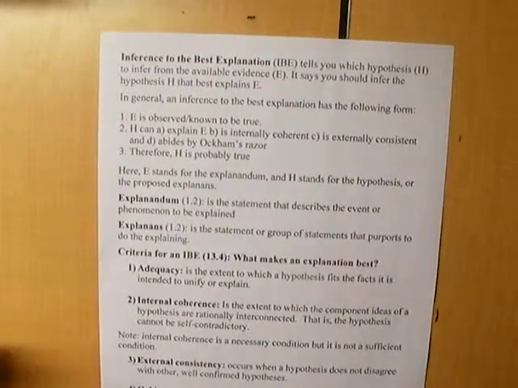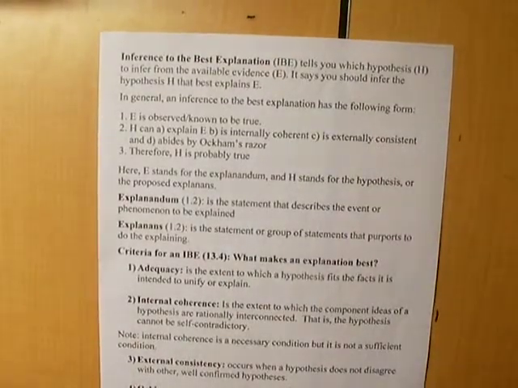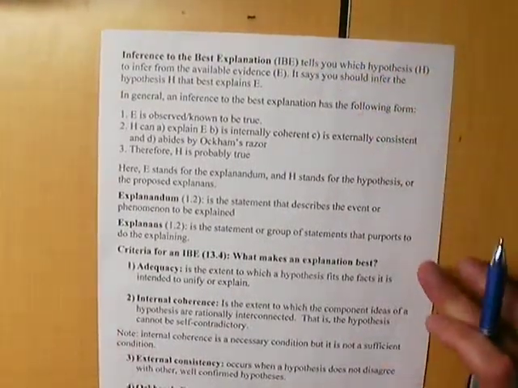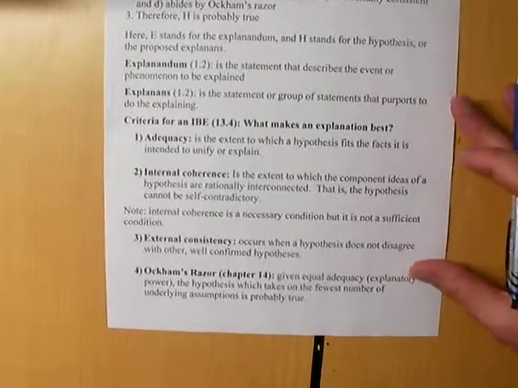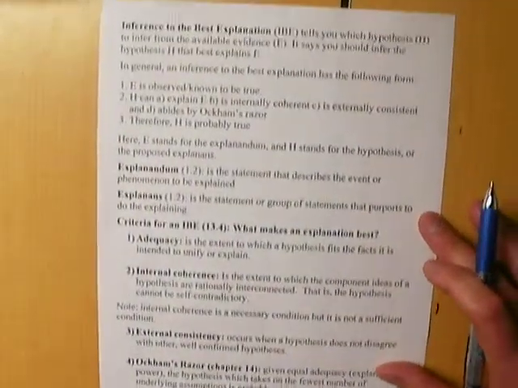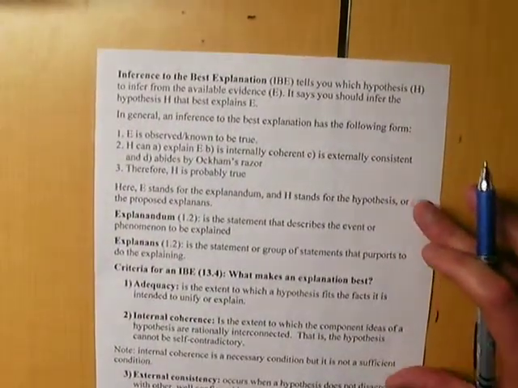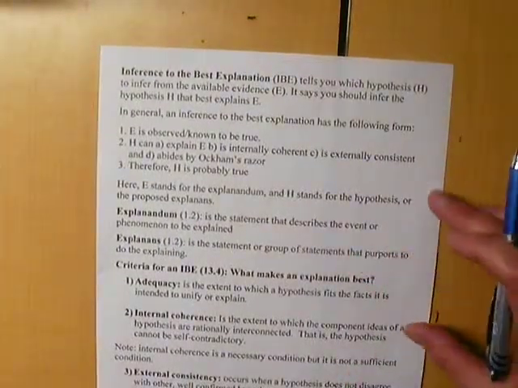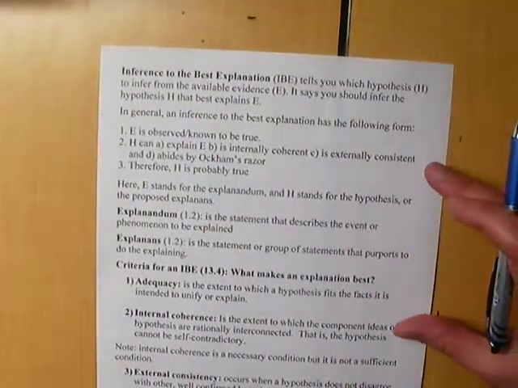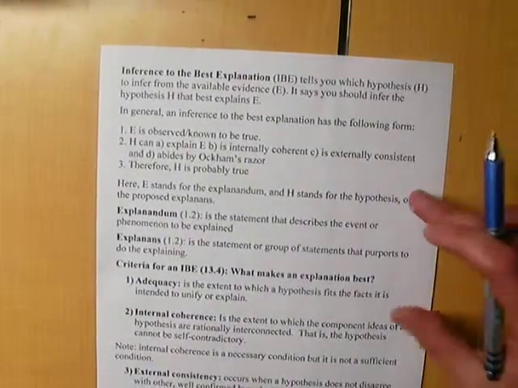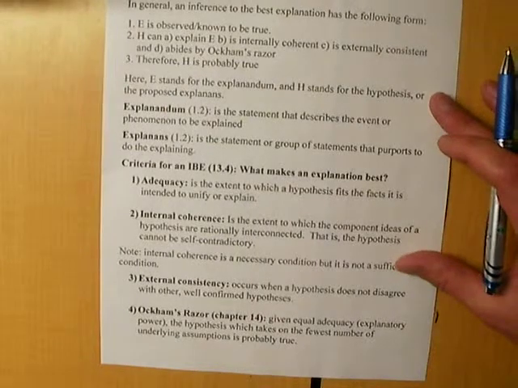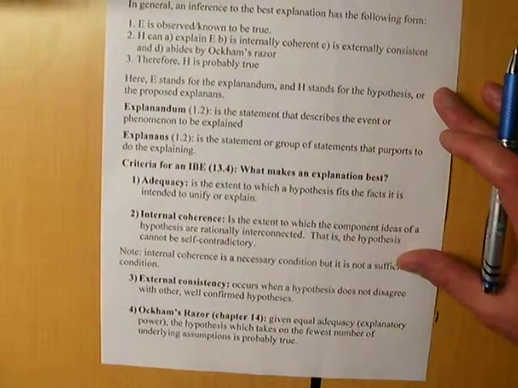In this video, I'm going to go over the basic components of an inference to the best explanation, IBE for short. I realize there's an awful lot going on this single sheet of paper, and in fact, I can barely fit it in a single screenshot. Some of the type might be a bit too small, in fact. But let me point out here quickly that this exact sheet is actually posted in the 13.4 lecture notes in